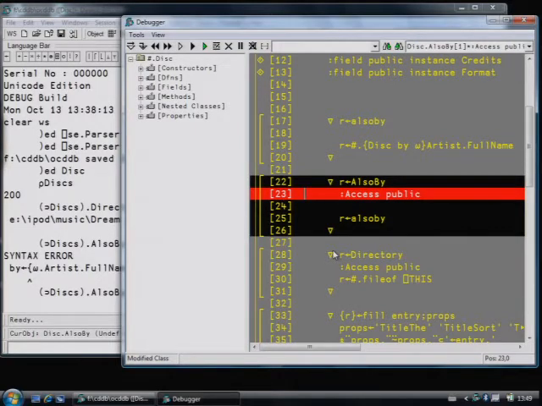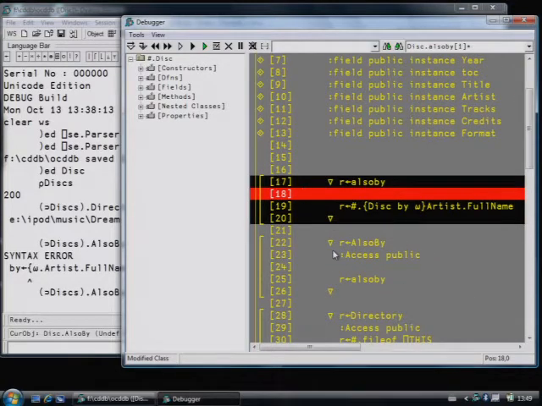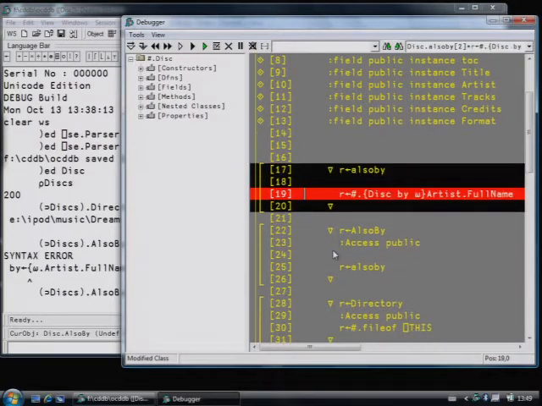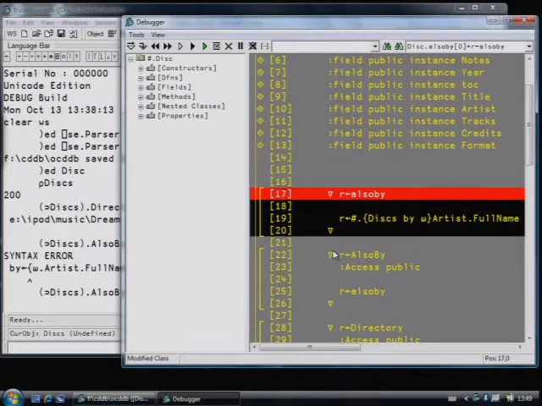So if I trace through this, okay, if I trace into this also by function, we'll see the black section change to the new function definition. Okay, and I can see my mistake here because I've written disk by, and disk is the class. The vector of all the disks in the collection is actually called disks. So we can fix that in situ in the class script, fix the thing, and carry on,